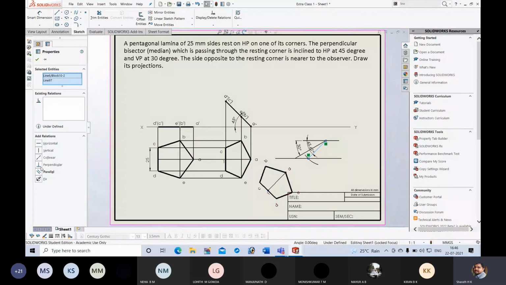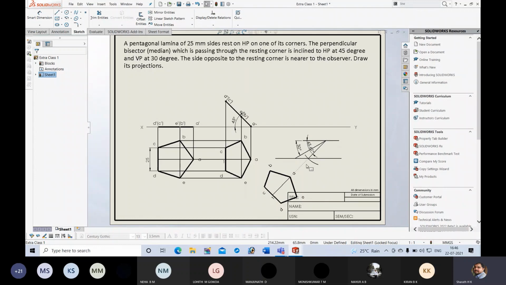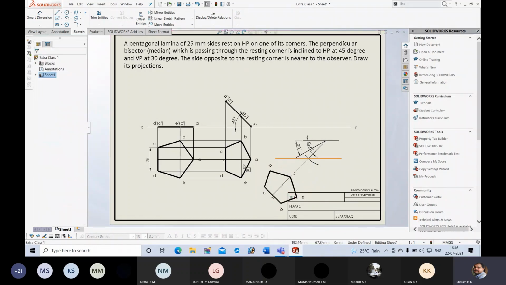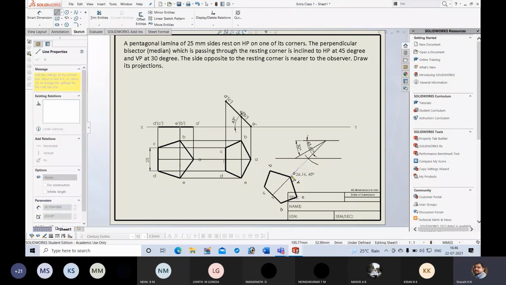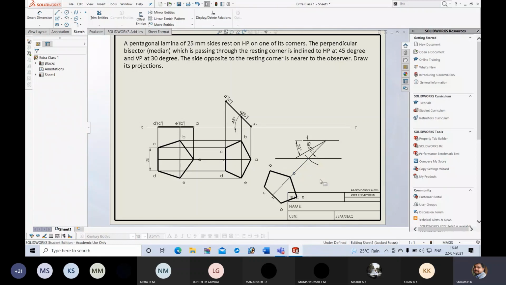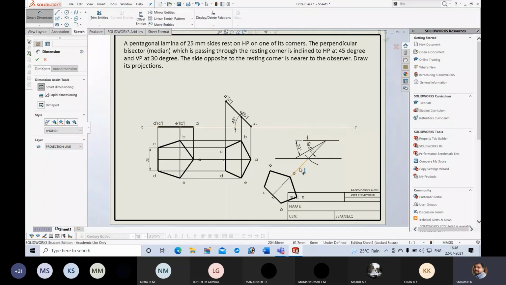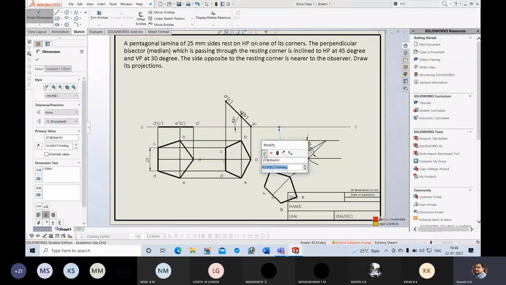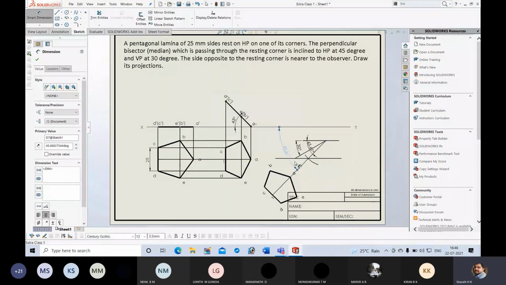You will get relations. In the relation, if you make it collinear, it will be in the same line like this, collinear. Or you can extend this line like this, and you can show that you considered the beta angle like this. That is one way.